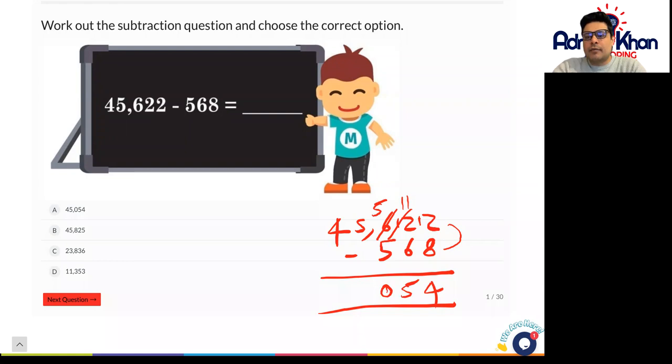And then we have 5 and 4 that we're just going to add straight at the end. So in this case, our answer is 45,054. So just make sure that the bigger numbers,